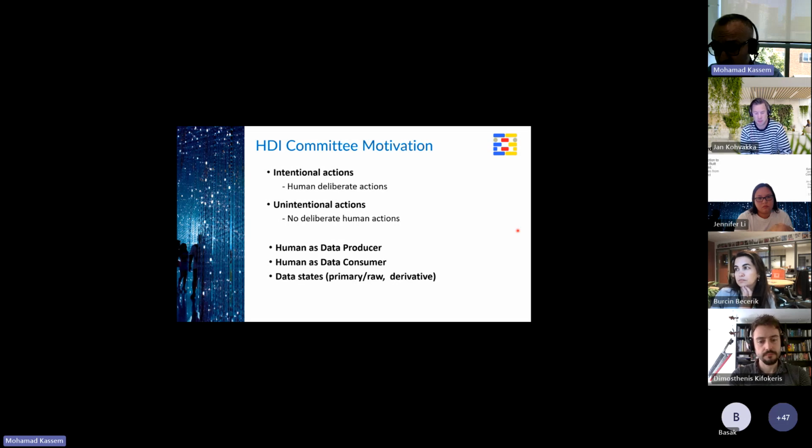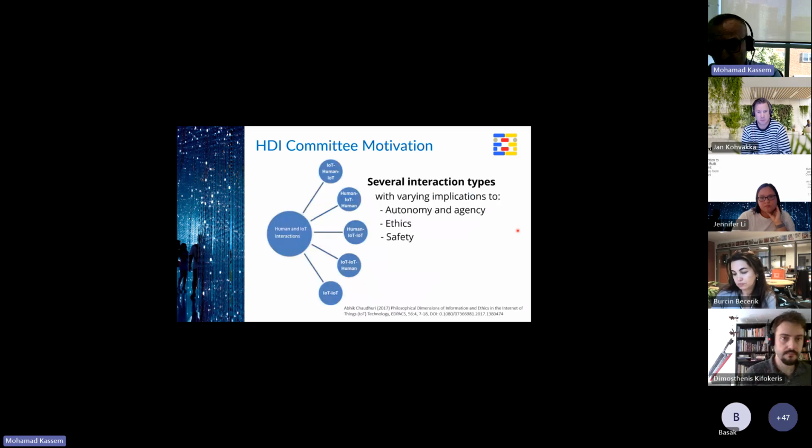Data could be primary, in terms of raw, not treated, or could be derivative. And this is really where there is a huge journey from raw data to derivative data. I'm sure Demos and Jan will be talking about AI in this space. I could have added another bullet point, human as data handlers. There are lots of concepts that are really emerging in this space that need some theoretical thinking to understand how they're evolving, what roles they can play, and so on. So what type of interaction could we have?